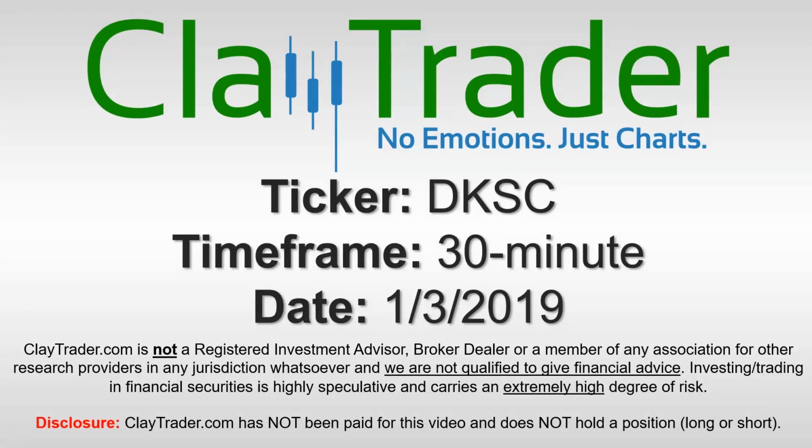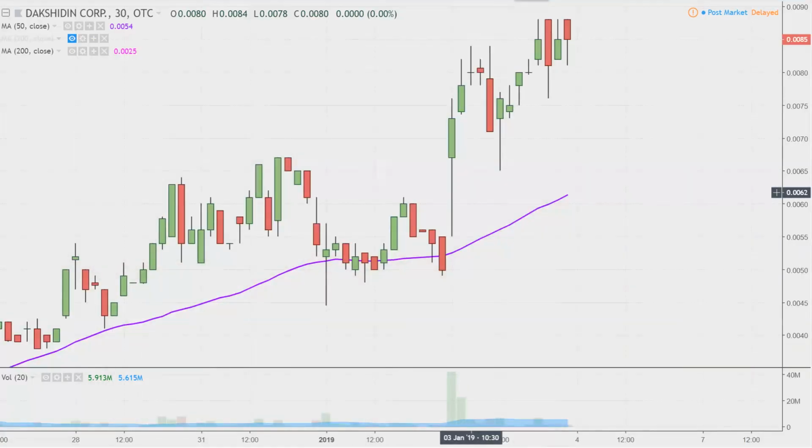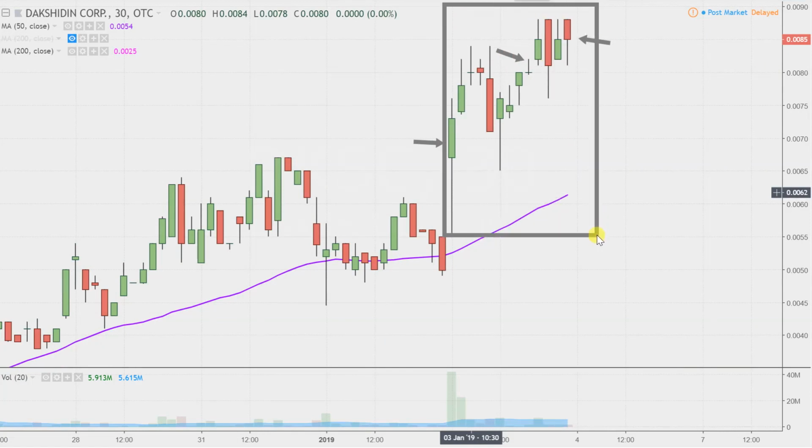We will take a look at the 30-minute time frame. Real quick, what do I mean by 30-minute, in case maybe you're new to charts? Instead of each one of these candlesticks here representing one day's worth of price action, which is what you would normally see, each one represents 30 minutes. So while this here may look like several days worth of time, it's actually today's price action broken down into